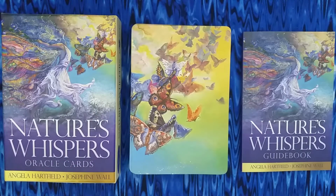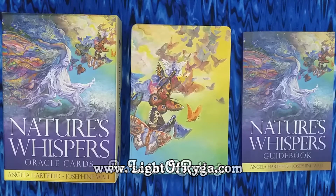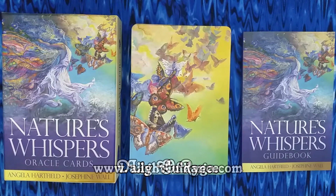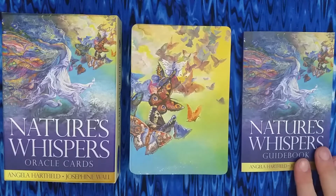It is incredible. So this deck is brought to us by Angela Hartfield. She's the curator and the one who wrote the book, but the artwork is by Josephine Wall. You might remember her from the Mystical Wisdom Oracle deck, another very popular Oracle deck. She's got a very distinctive artistic style, which definitely comes through, you will see. So let's just take a look at all the things that come with this deck, and then we'll look at